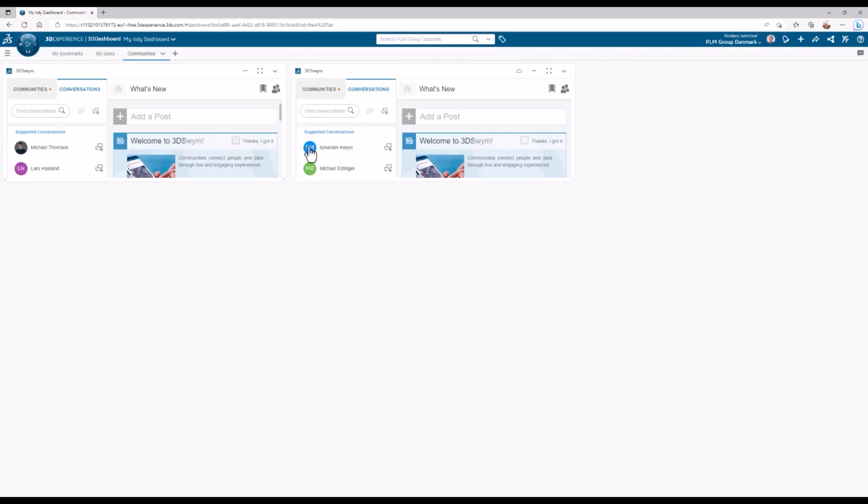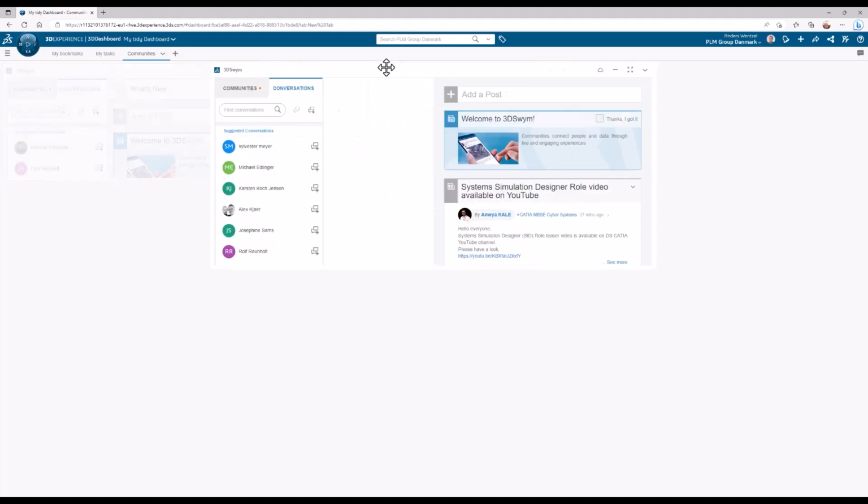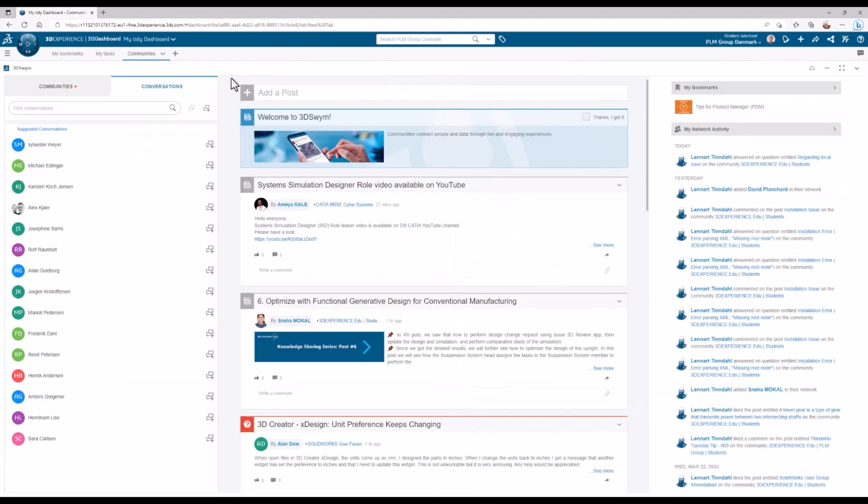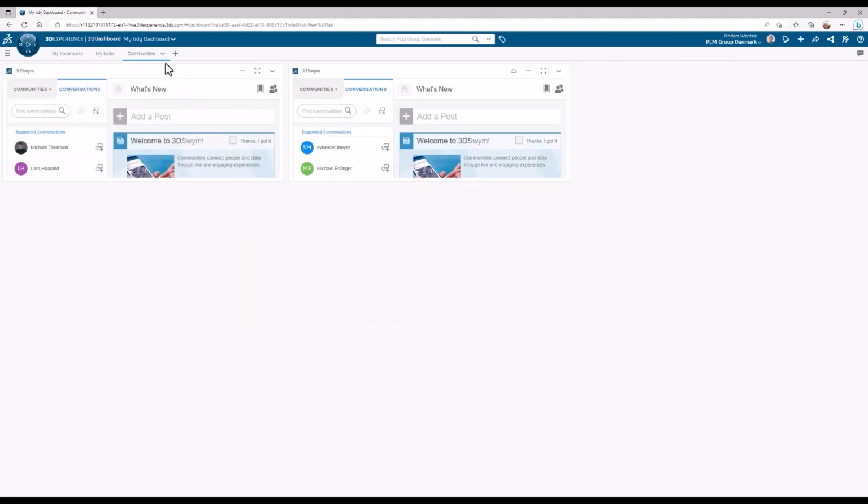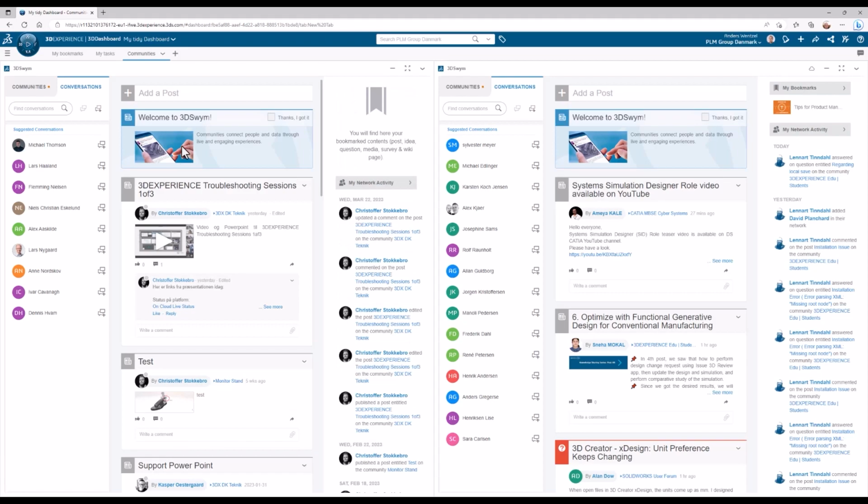Now, if I need a bigger view of the app, I can just double-click in the top bar of the app and it will maximize the window. Again, remember to use the Fit option. I could continue adding tabs for other apps I use all the time if needed, but for now, I think you got the general idea.